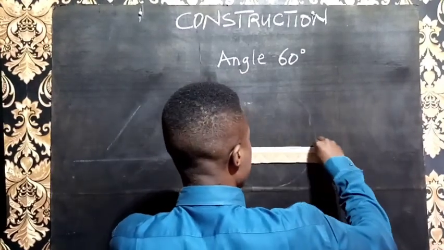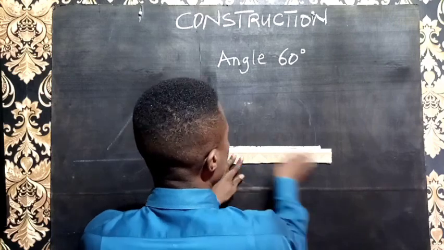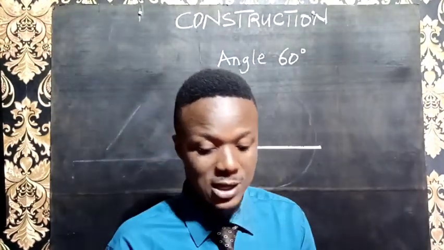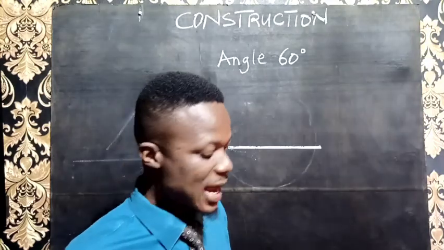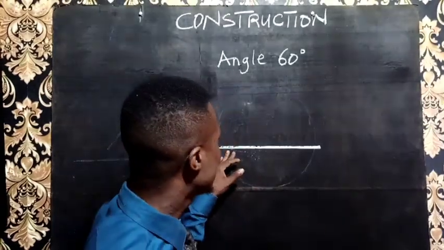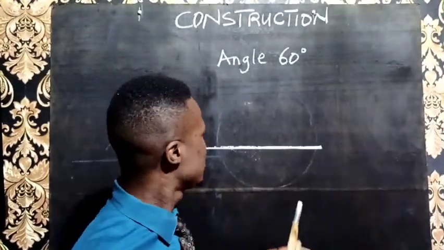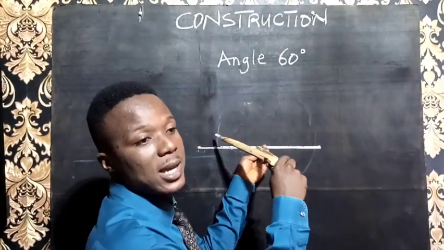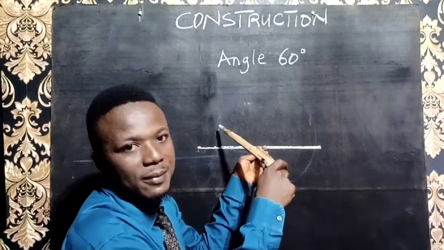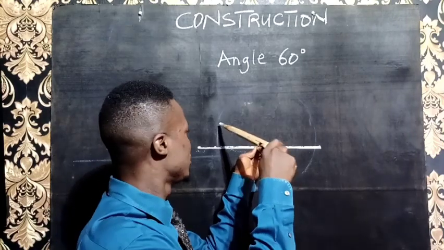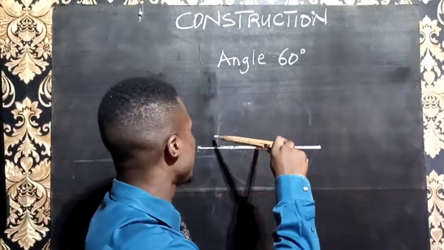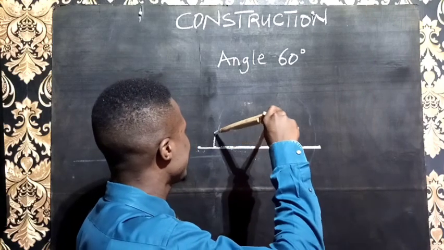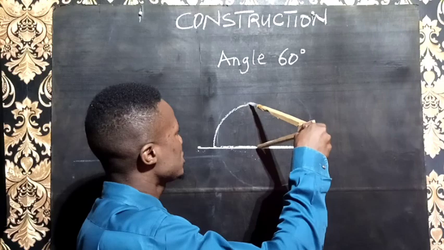Make sure your line is very straight. If the line is not straight, it affects your angle. It affects the size of your angle. Now, having made this straight line, get your compass. Place the pin at the center or a point in the line that seems as if it is center. Even if it's not exactly the center, just place the pin properly. Then with your compass, mark a semicircular arc that will cut the line,